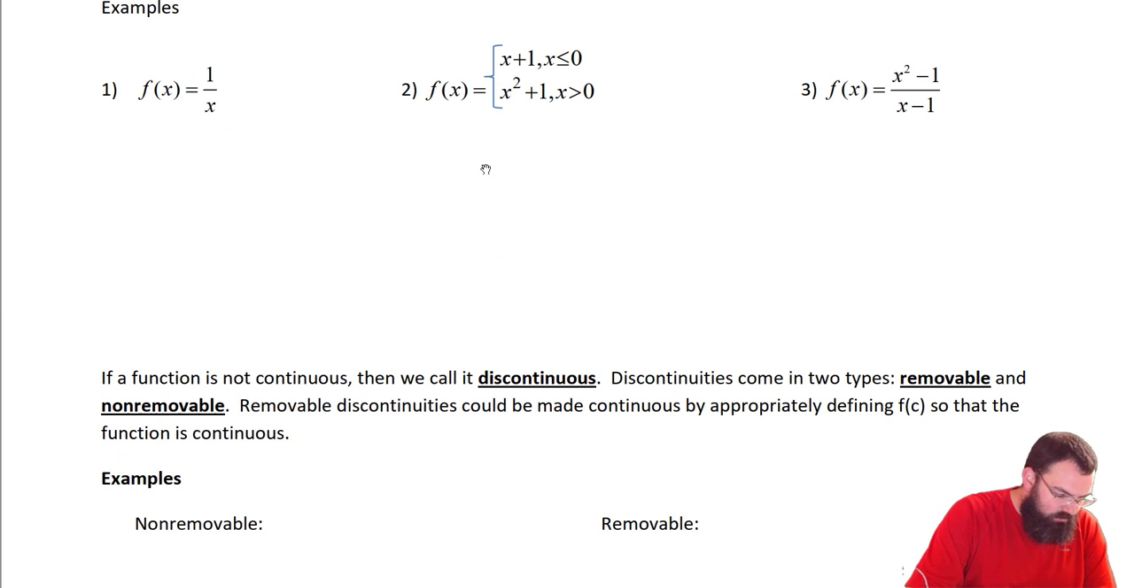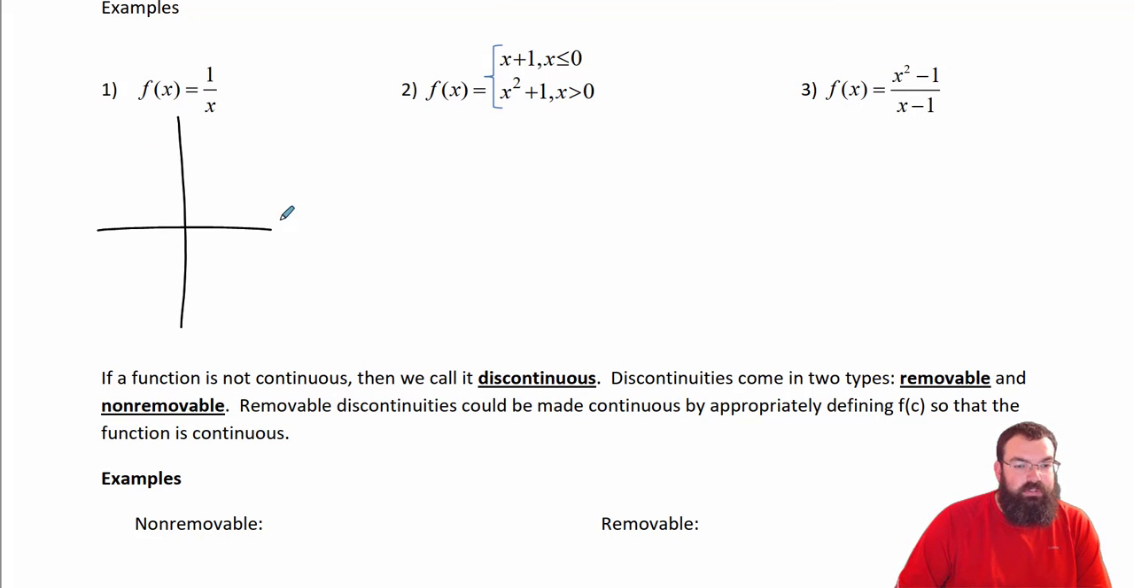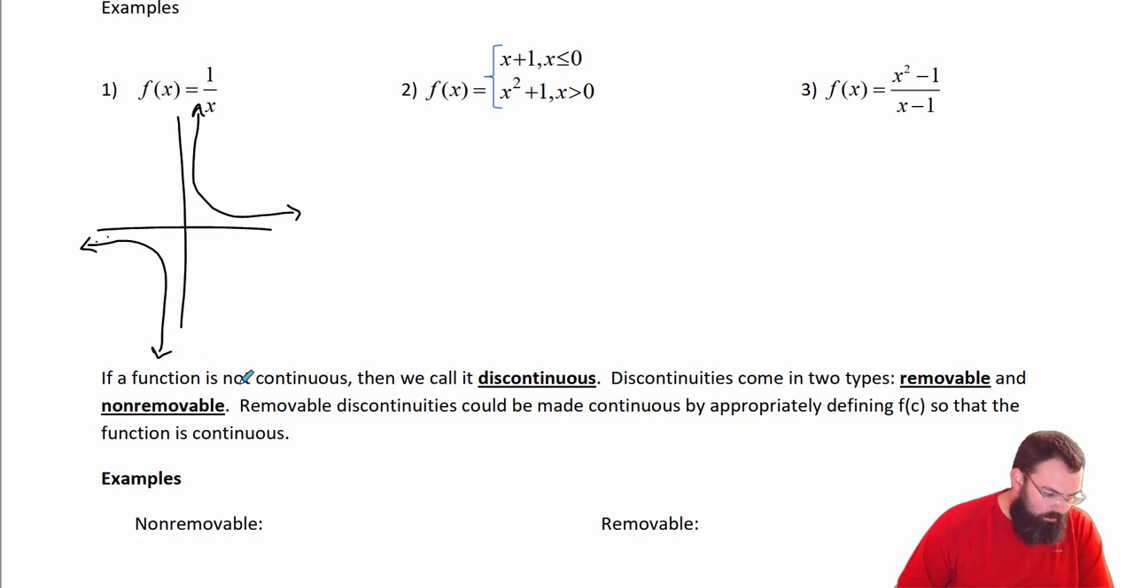So some examples are, what does this graph look like? Well, this graph is a rational function. It looks like this. So right there, right there. So this is continuous everywhere except 0. So this is continuous